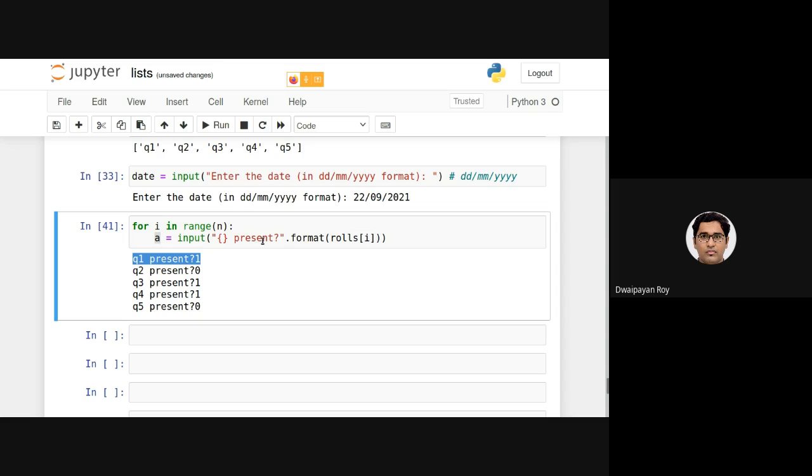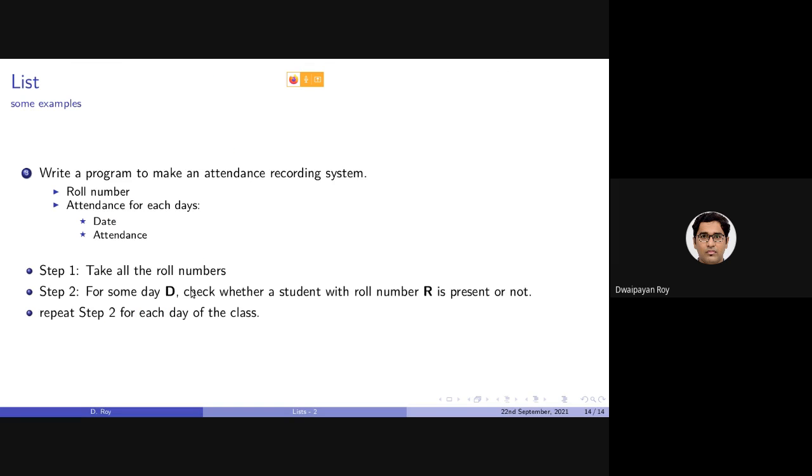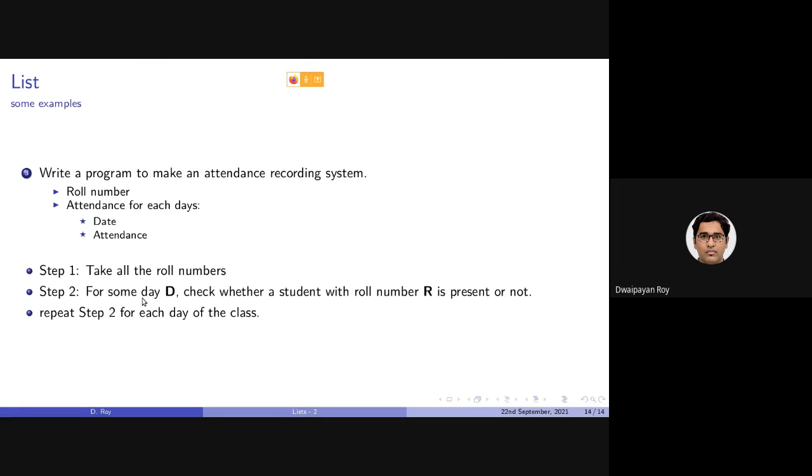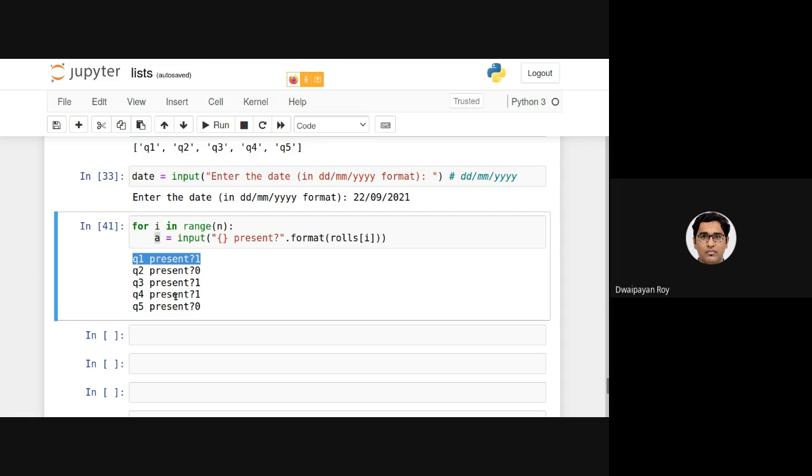So we need to actually store them as well. And the point is, we need to have stored this information together with this individual date. So there should be a one-to-one correspondence.